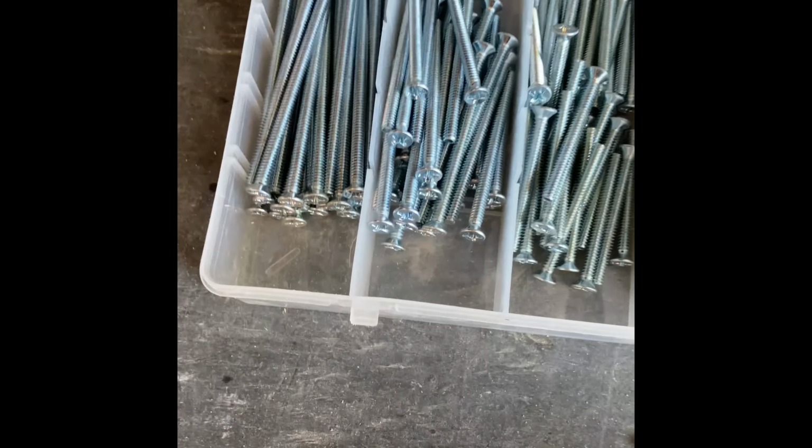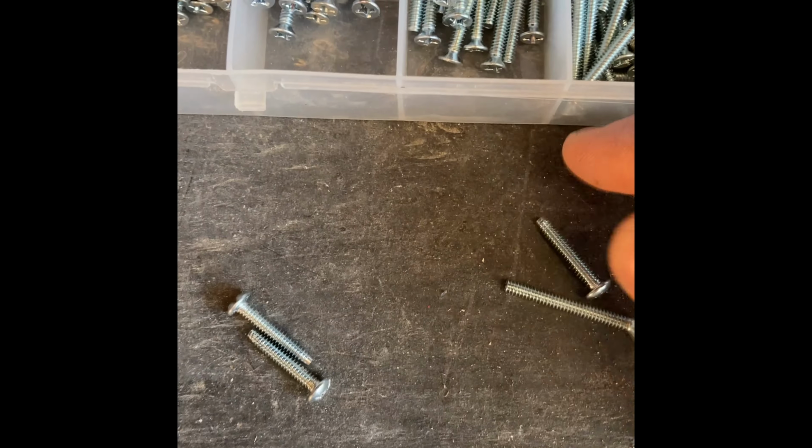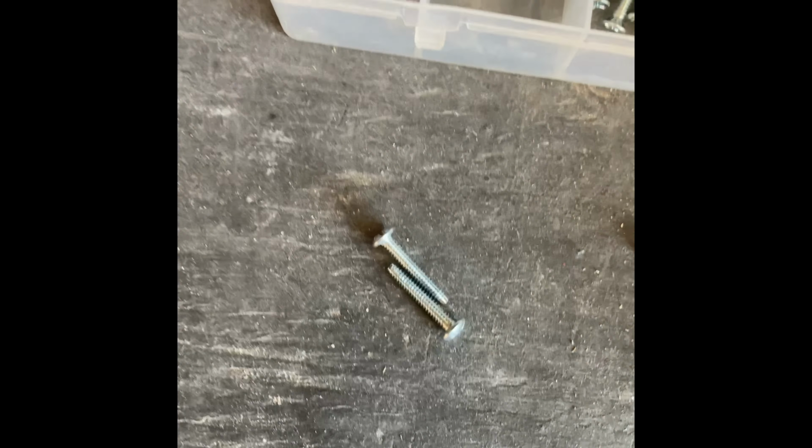So I need something a little bit longer than that. And I'm not going to overcomplicate it. That's not much better. This is probably going to be the best. Now, I want to oversize the screws just slightly. And the reason why I'm doing that is because